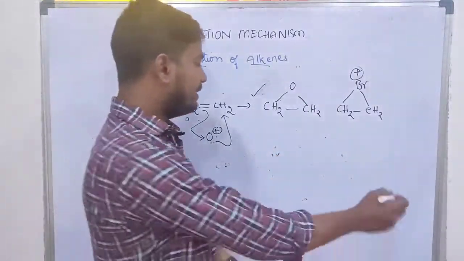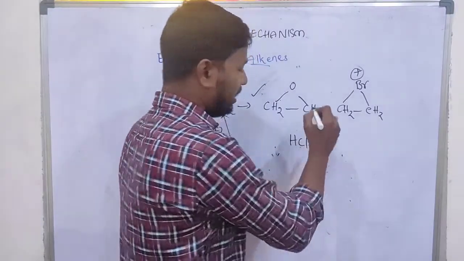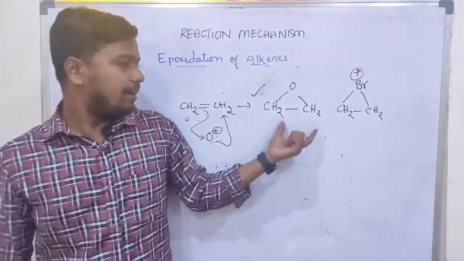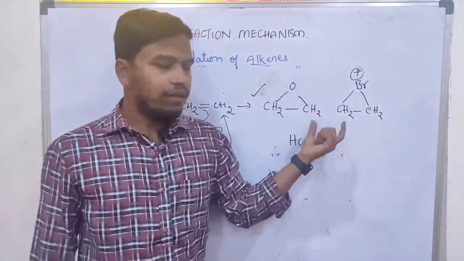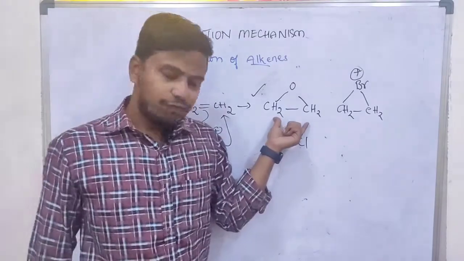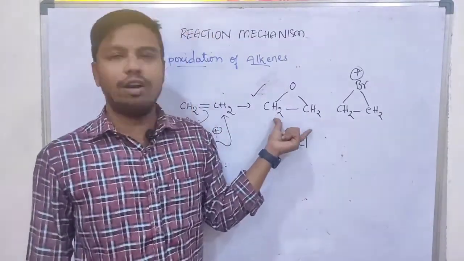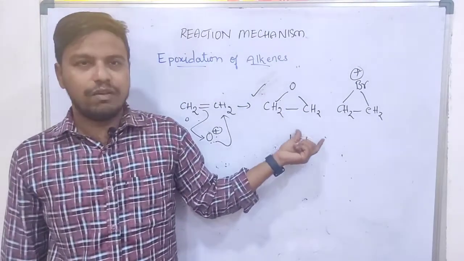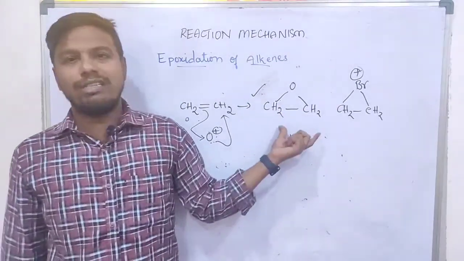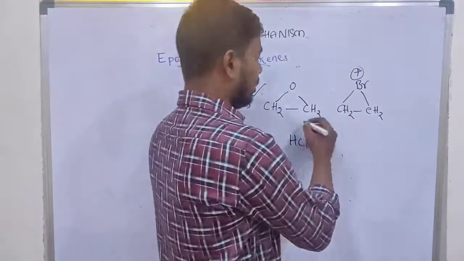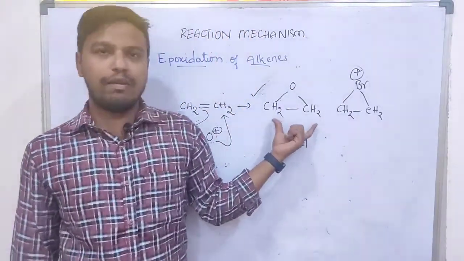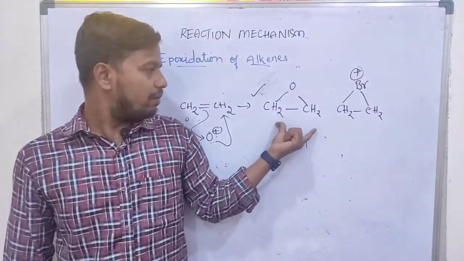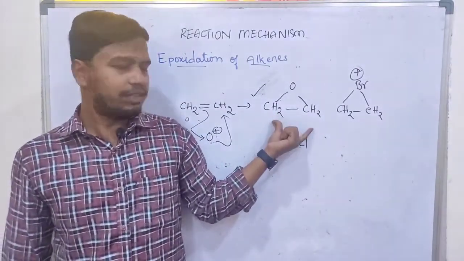Understood? Next we will see how hydrochloric acid adds to that particular alkene. Before going to that, I want to say that when we talk about the epoxidation reaction, there are a lot of examples: when an isolated olefin is there, when a conjugated one, how epoxidation is going to happen, what the epoxidizing agents are. A lot of things are there. I will discuss this epoxidation in another video. If you want it, please comment down below.